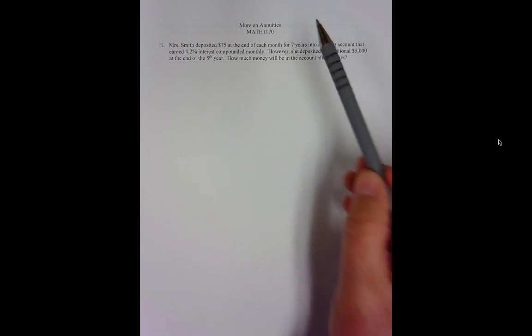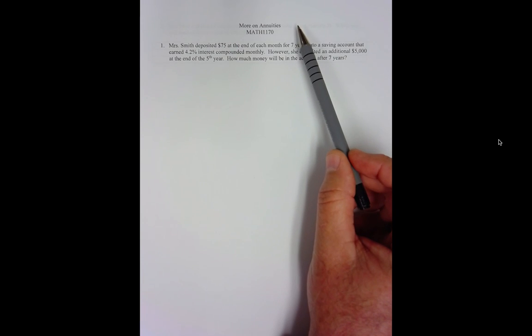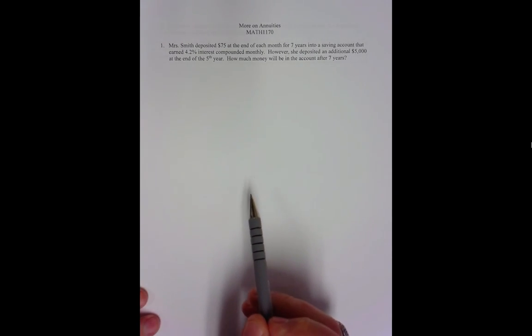And so what I want to do, let me tell you the game plan. What I've got: more on annuities part 1, part 2, and part 3, that'll be put up in 3 consecutive videos. What I'm doing here is just kind of throwing all types of problems in, and we're just going to work them, and you're going to have an assignment that has problems like these that are embedded in these 3 videos. So let's stop talking and let's get to work, okay? Now,